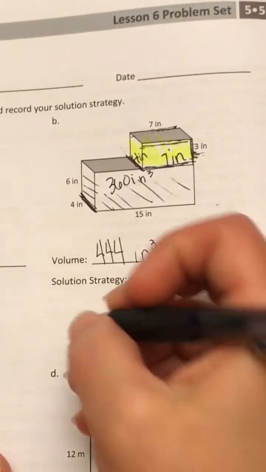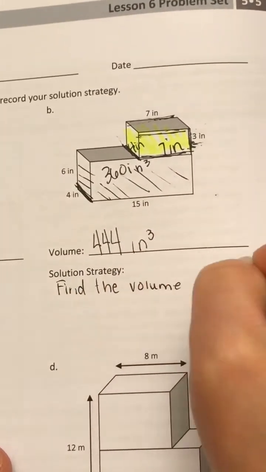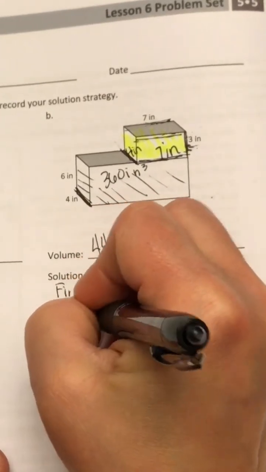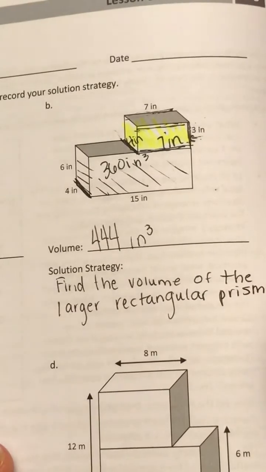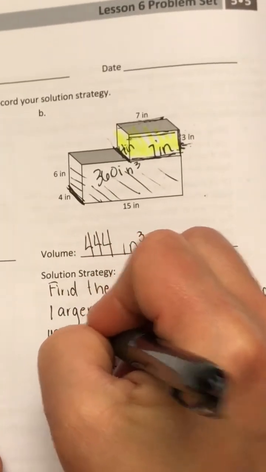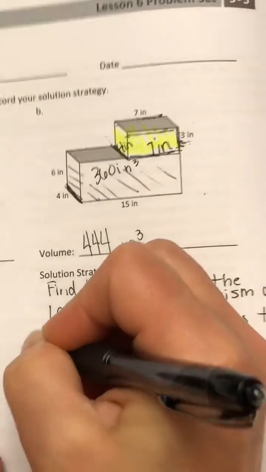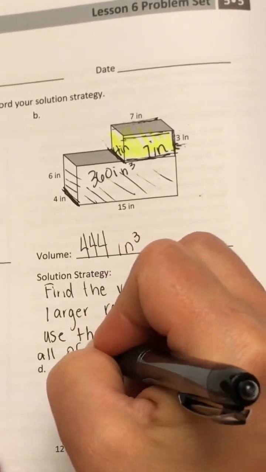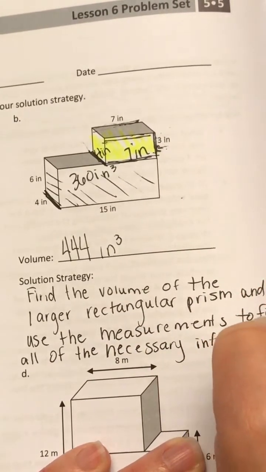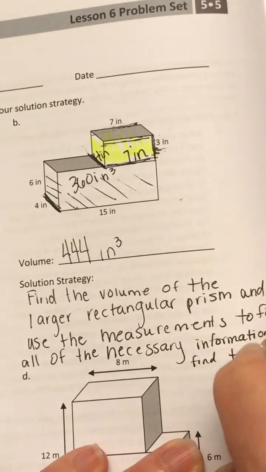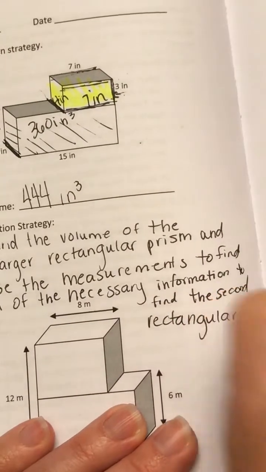My solution strategy was: find the volume of the larger rectangular prism and use the measurements to find all of the necessary information to find the second rectangular prism. Now, when you go to do this on your homework, I am expecting you to write this every